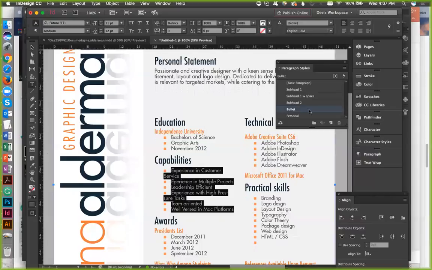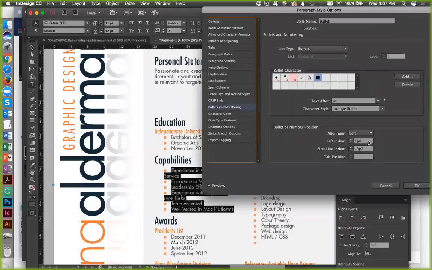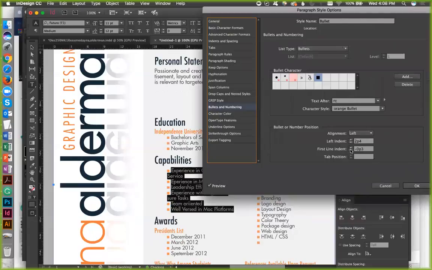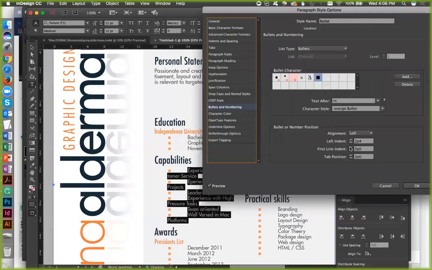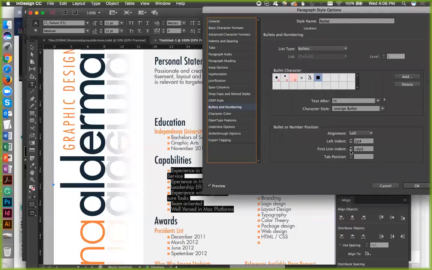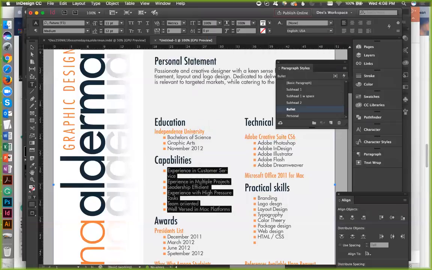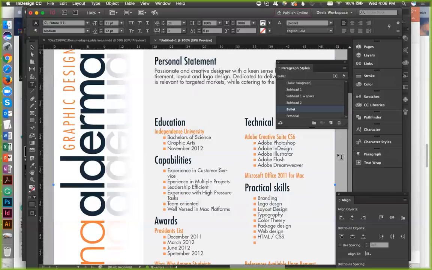All right. I'm going to double click here. Go ahead, bullets and numbering. Oh, come on, silly. For some reason, it might be just, there it is right there. Okay. But the problem is now I don't have enough room here.